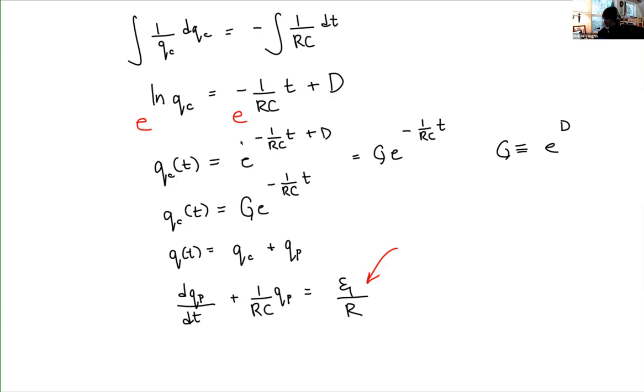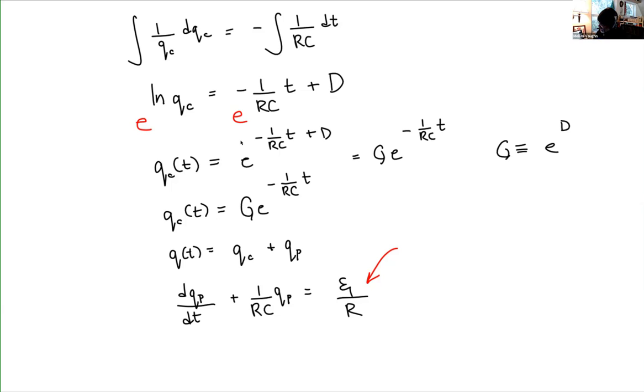When you take Math 4B, you'll learn that a differential equation in this form, we could guess a solution for the particular equation. Now, I'm going to guess that since the right side of this equal sign is a constant,